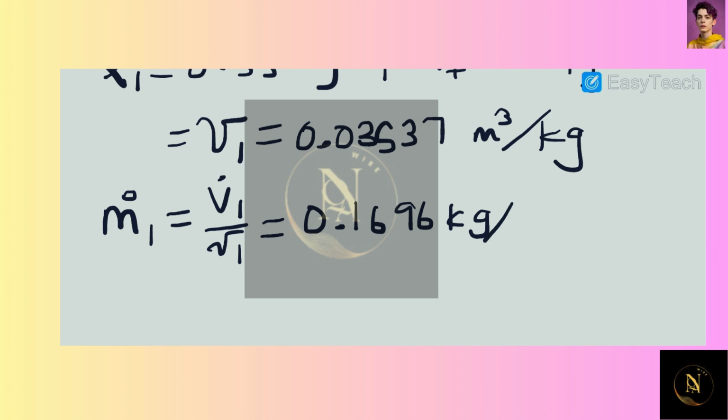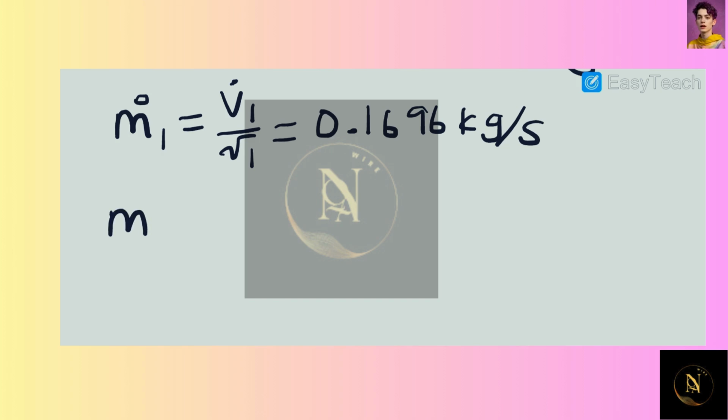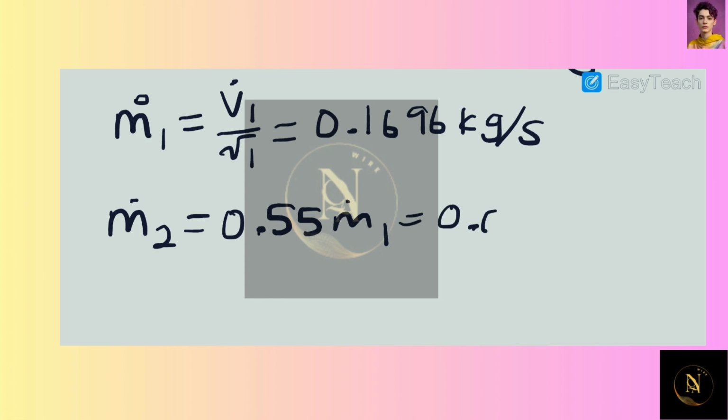0.1696 kilograms per second. Now, we know that our quality is 55%, so therefore for every kilogram of mixture that's processed, 55% of that is vapor. Therefore, what we can say is that m dot 2, which will be the outlet of our vapor, will be 0.55 times m dot 1, which gives us an m dot 2 equal to